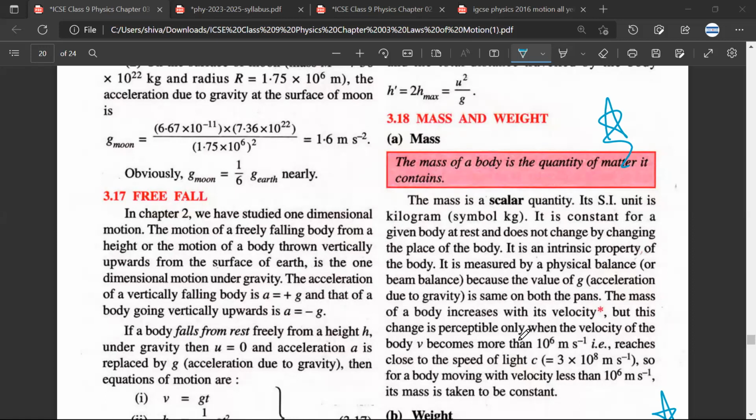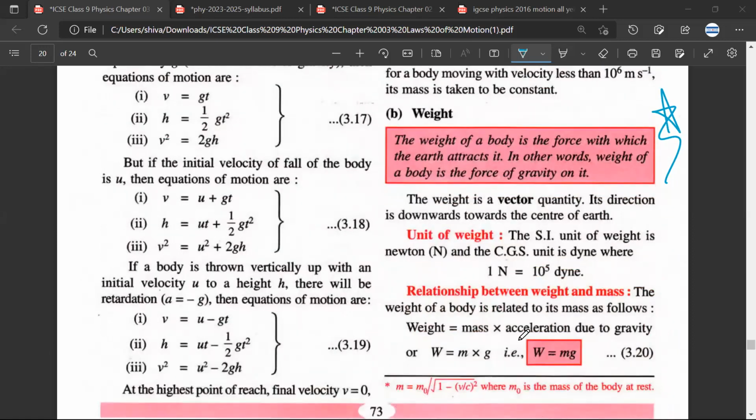Now let us understand what is weight. Usually students face some confusion when they first try to understand the definition of weight. Now weight is the force with which the earth attracts a body. So what does this mean? What this means is,